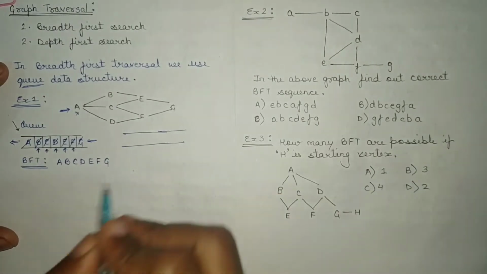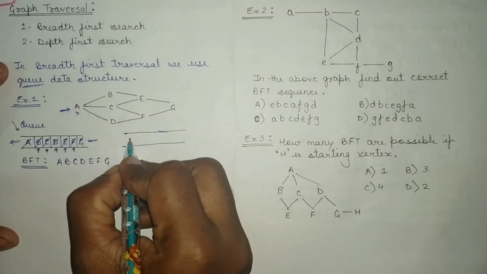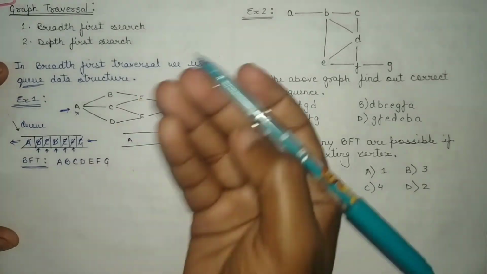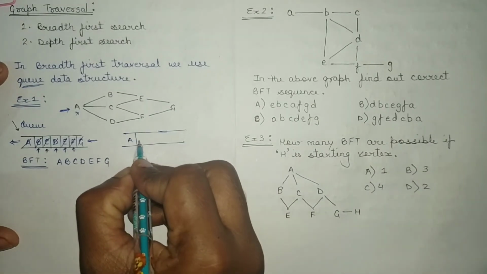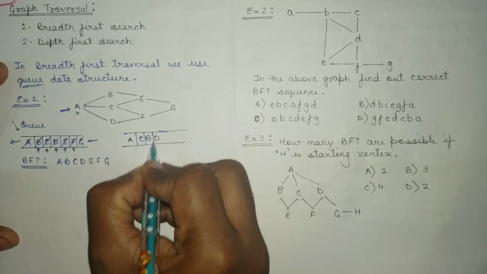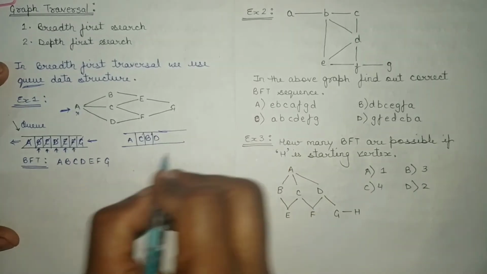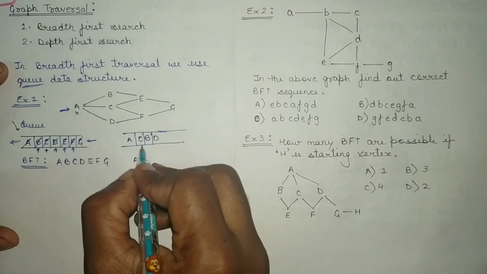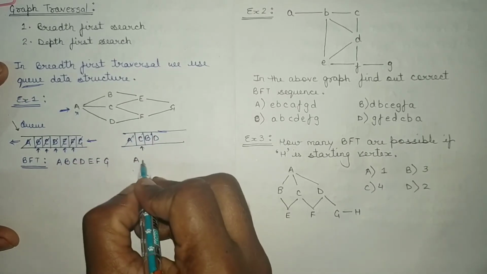Let's see, this is a Q and first you started with A. Now instead of B, C, D, you can write them in any order. Let's say you wrote it like C, B and D. Now if you proceed, it will be completely different. So the next sequence will be A, then it will be C, it will be deleted, then it will be